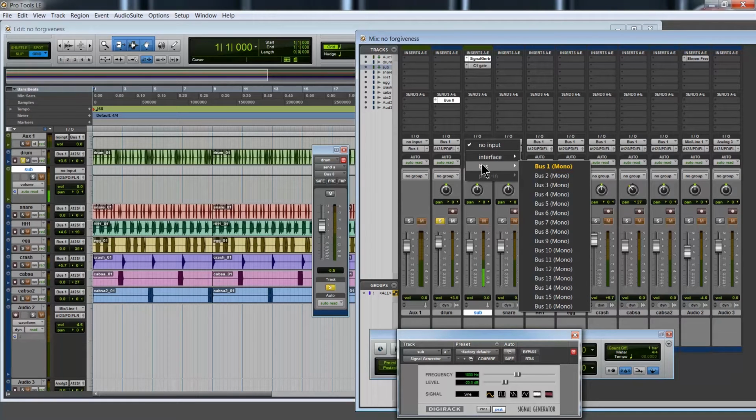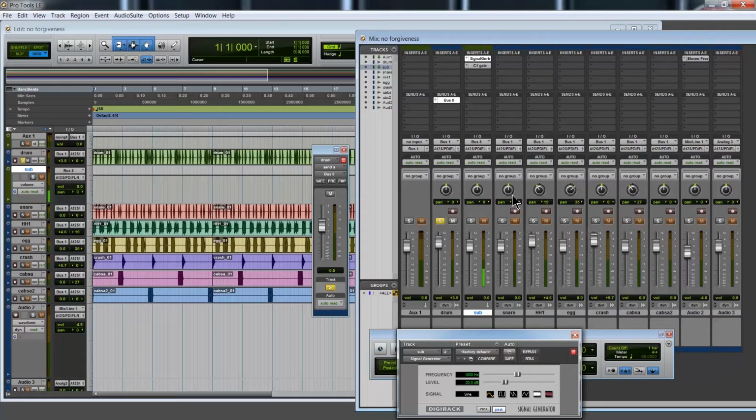Sub has many names too. I don't know if you're going to be on a different program. This technique should work with any program you use. Sub could be called bus or auxiliary. There's multiple names, but they all do the same thing. I'm calling it a sub, but it's really a bus, like I said, or auxiliary, right? The sub is just going to be basically the sub bass, if you will. So I'm on 8, right? So now